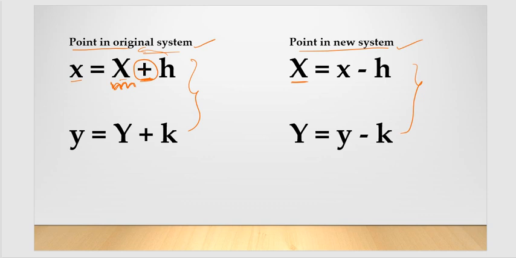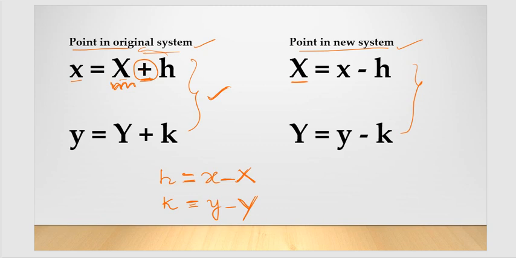Next, suppose I want h, what should I do? h is equal to small x minus capital X. The same way, k is equal to small y minus capital Y, right? So all the relations we can obtain from a single set. You are going to apply only these, so don't mess up with the other things. Just remember only one set, then that will be useful to you, right?